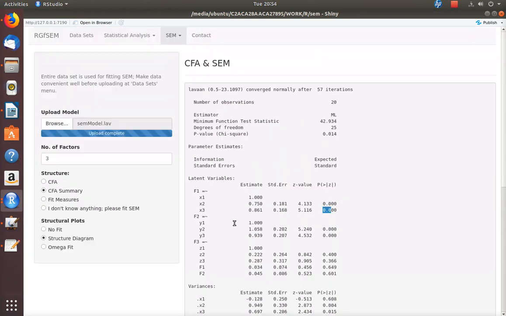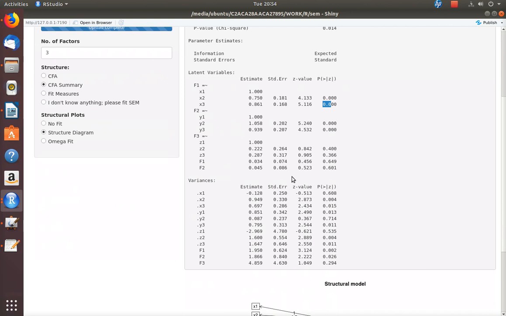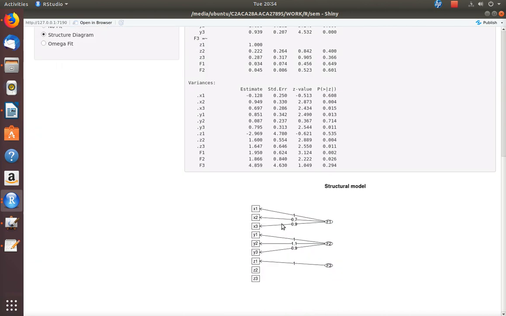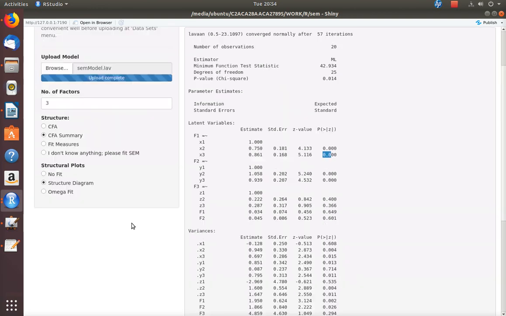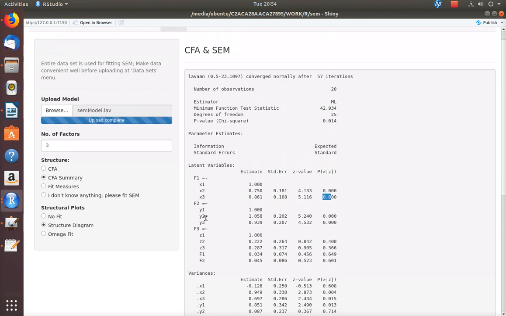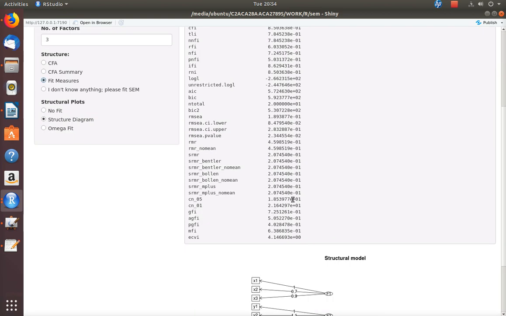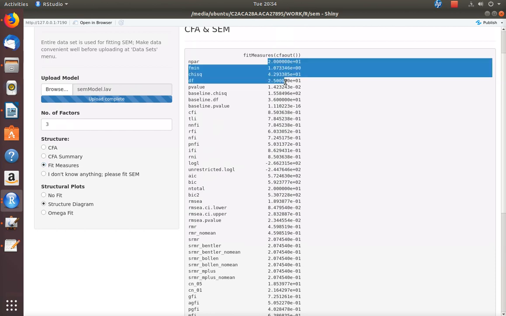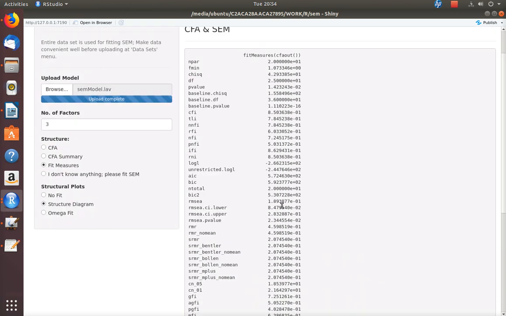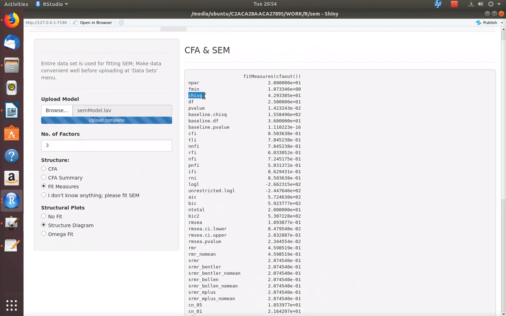Now this is all about performing structural equation modeling through CFA, confirmatory factor analysis. I've told you how to perform this and get the numerical analysis along with the path diagrams, which means SEM diagrams. Now people are very crazy about the third important component of the analysis, which is fit measures. So here there is an option to compute the fit measures. If you press this, you get a huge list of fit measures, I don't think you will get such a list in any other software. You have chi-square, f-minimum, the minimum value of the objective function, degrees of freedom, p-value for chi-square,